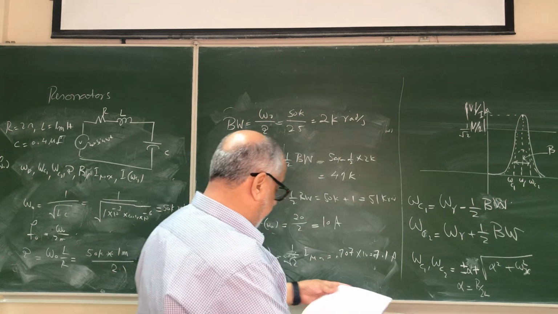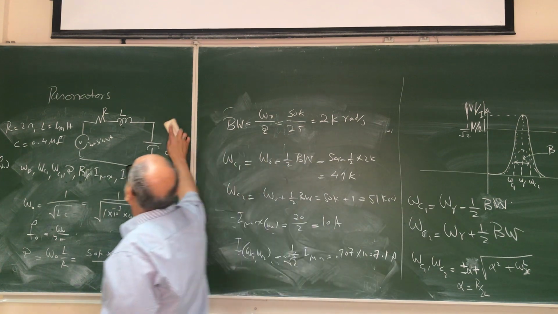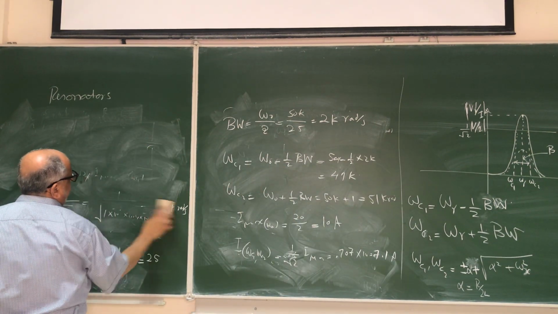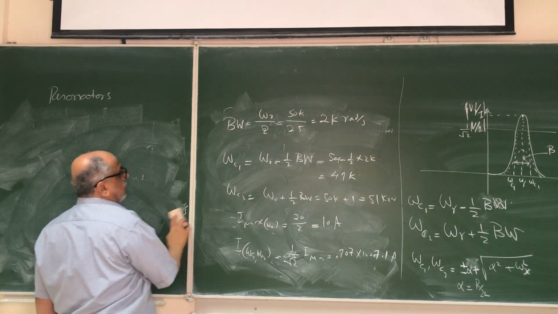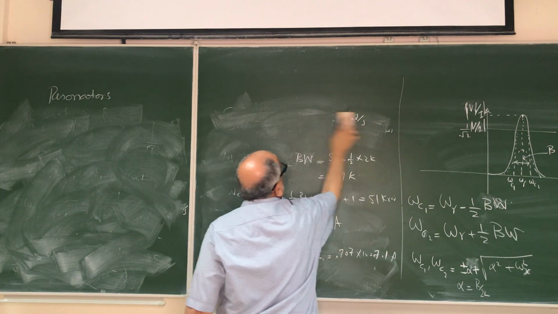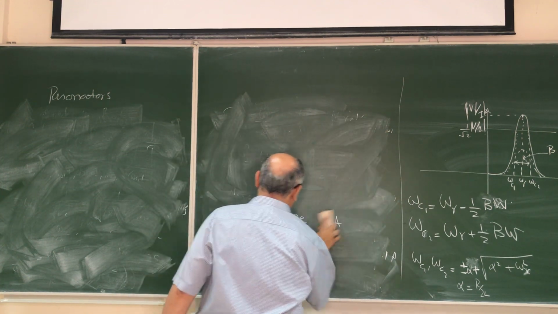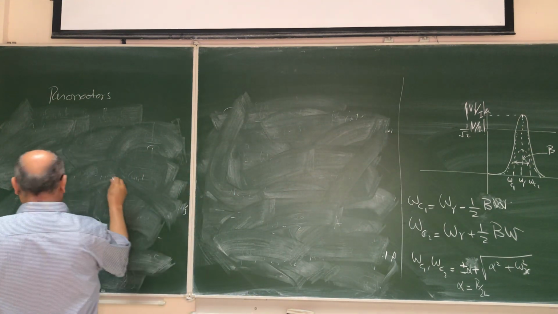Now let's take another problem where we have another type of resonance circuit. As I said, resonance will occur only if we have a circuit that contains at least one inductor and one capacitor, right? So let us assume we have the following circuit: